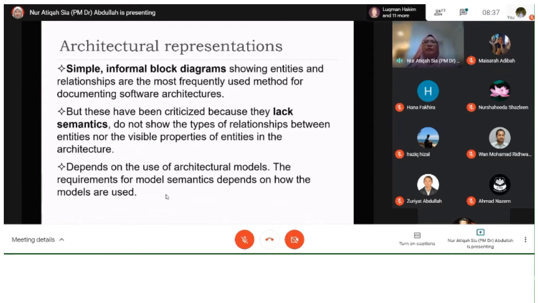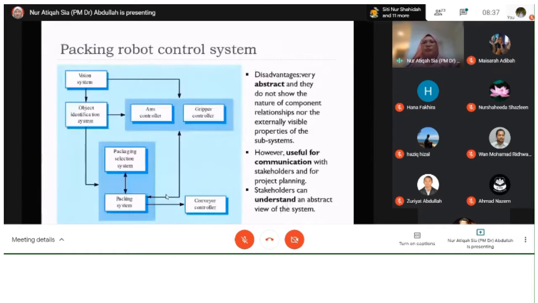And it's a very simple diagram that everyone can understand. Even your client who is not in the field of computer science is going to understand it. Okay, itu yang kami buat untuk medical doctors, itu yang kami buat untuk pharmacist dan sebagainya. Supaya dia orang bukan dalam field computer science, but if we draw it in a very simple informal block diagram, like for example this one, it is very abstract. Memang disadvantage dia sebagai abstract, but very useful in terms of communication, to show the flow,